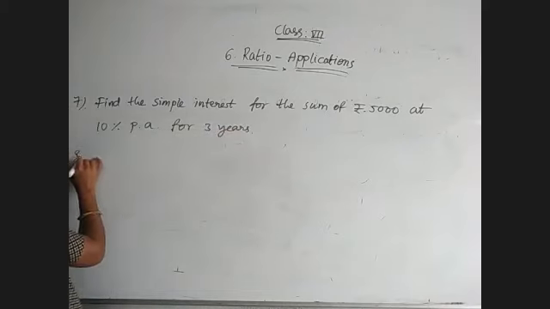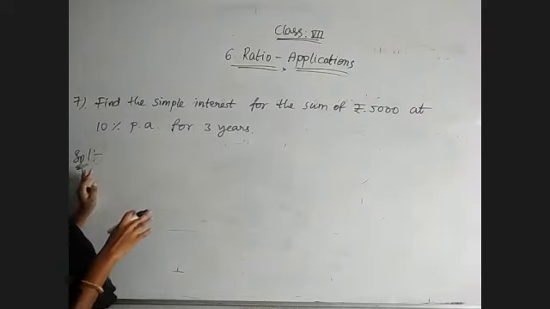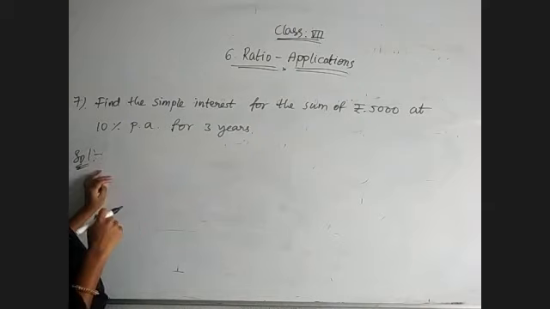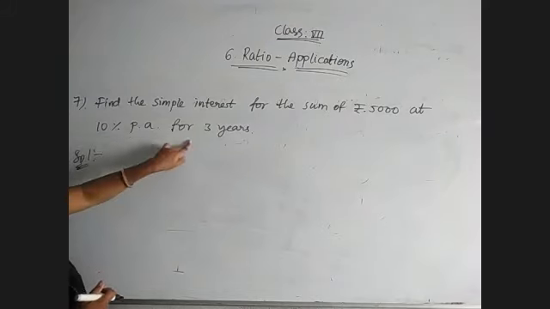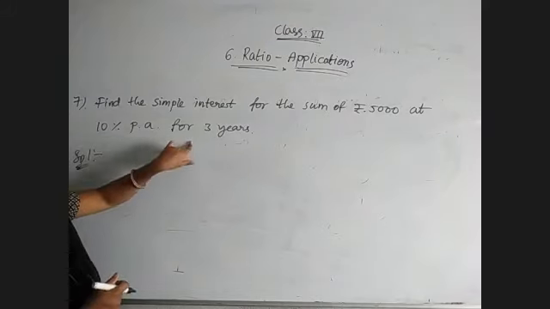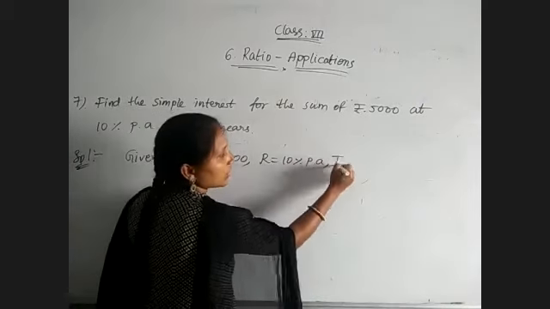Okay, observe the question here, a direct question asking to find out simple interest. So we have the formula I equal to PTR by 100. And sum is nothing but principal. Principal amount is 5,000. Rate of interest R equal to 10%. And time equal to 3 years. So everything is given. First of all, whatever is given, write those values. 5,000 is the principal. And 10% per annum is the rate of interest. And time is given in years only. So T equal to 3 years.